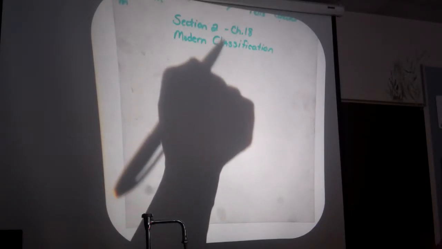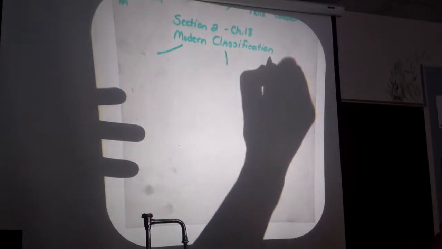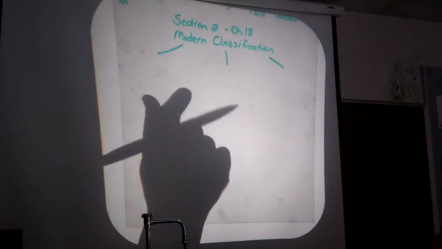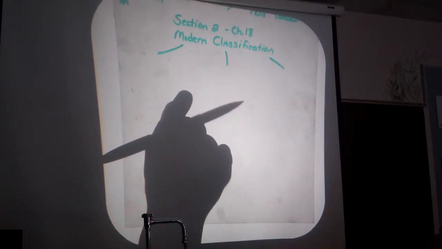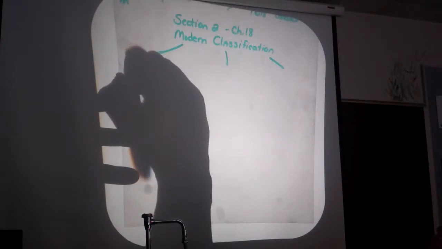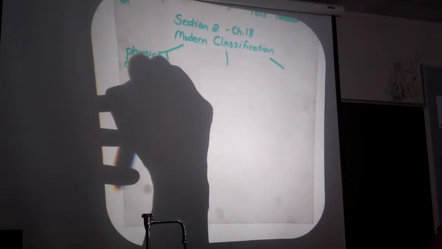They just don't focus on it, that's for sure. There are 3 major ways you can classify an organism. The first 2 I'm going to talk about were used in the past, but they're really not used as much anymore. One of them is based on